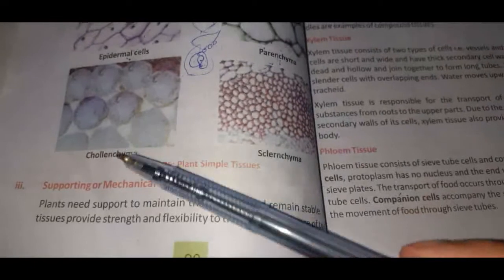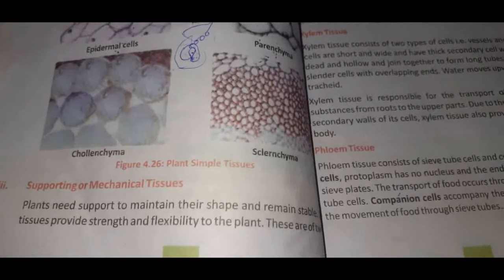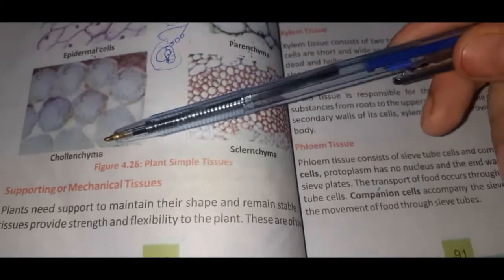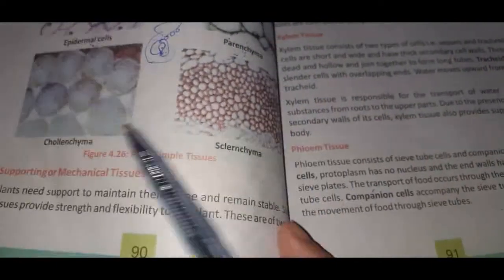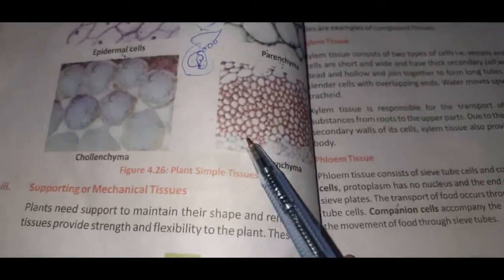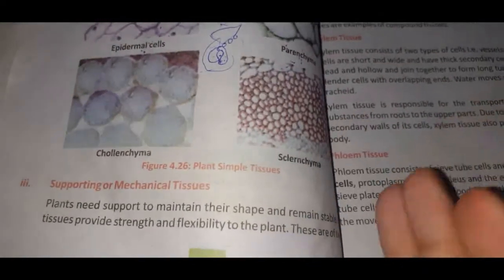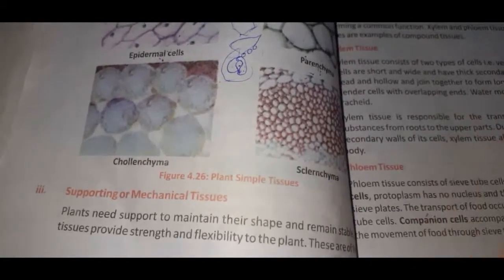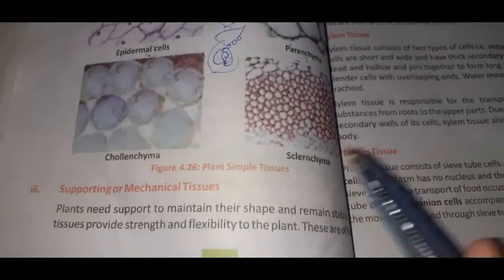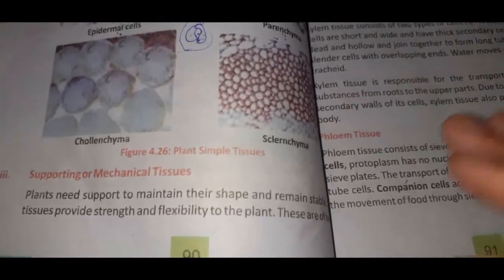Alright, then we read that the permanent tissues are divided into 3 types of tissues: epidermal tissues, ground tissues, and mechanical tissues. So mechanical tissues are responsible for the shape and stability of the plant. They provide strength to the plant, they provide stability to the plant. Why are the plants held in the air straight, upright? That is because of the presence of mechanical tissues in them. These mechanical tissues are divided into 2 types: collenchyma tissues and sclerenchyma tissues, right?